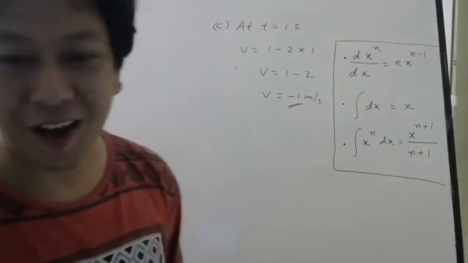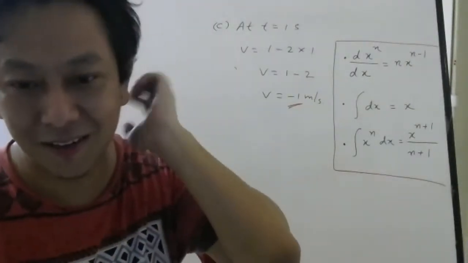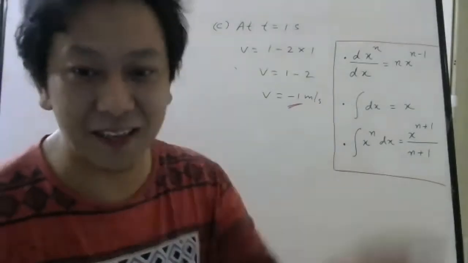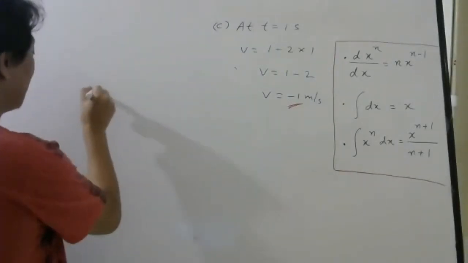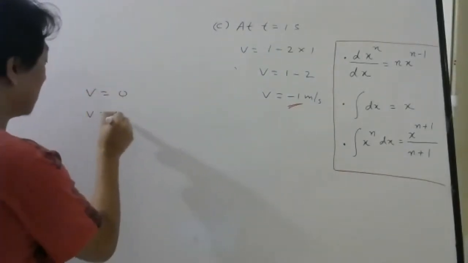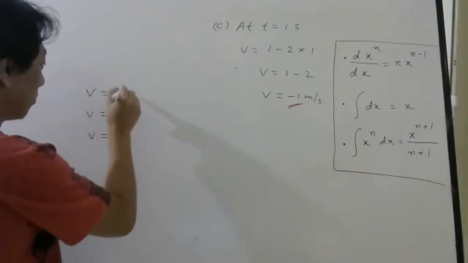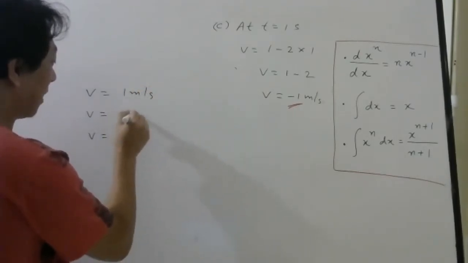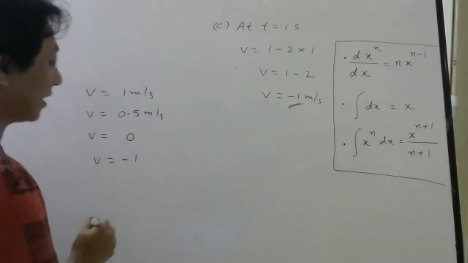If you only say opposite, how will I know? If I say opposite, you may think opposite to what? It moves towards the negative x-axis, Karthik, but that happens later. Initially, how was it moving? Initially the velocity was 1 meter per second, then it was 0.5, then it became 0, then it became minus 1, right?